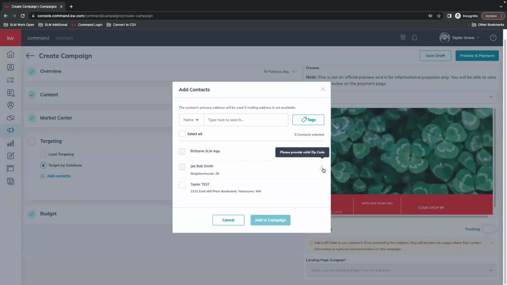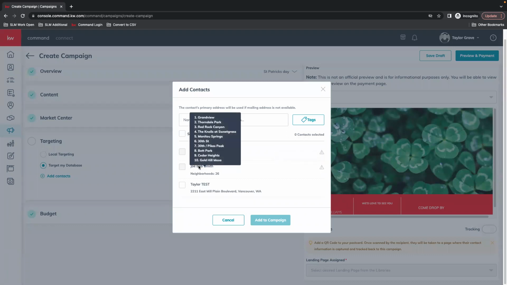So you'll see any issues, you'll get a warning. This contact has no primary or mailing address on file in my contacts, so I'm not able to select a mailer to go to them. That way I'm not paying for a mailer that doesn't go anywhere. Same with Joe Bob Smith. Needs a valid zip code in the address. So if I know that, I can go in and enter that so that he shows up for receiving a mailer. But then valid address on file,